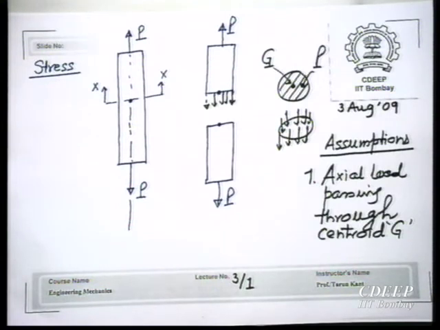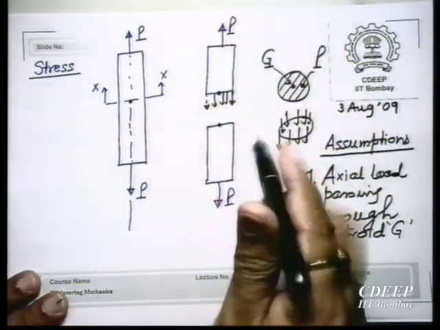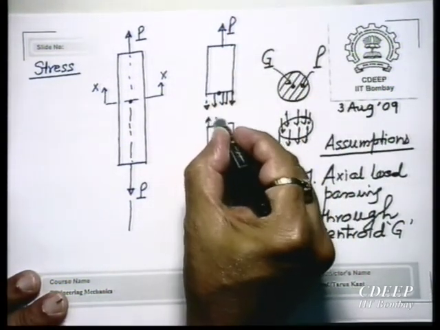We have said, okay, this is of some material, we are not talking of what material this rod is made of, we are also not saying anything about what kind of deformation is taking place, because if the body is deformable and you apply a tensile load P, it is going to elongate. That also we are not saying, we are simply saying stress at a point P inside the body: you pass a plane, separate the body, draw the free body diagram. So, this is one free body diagram, and this will be the next free body diagram.